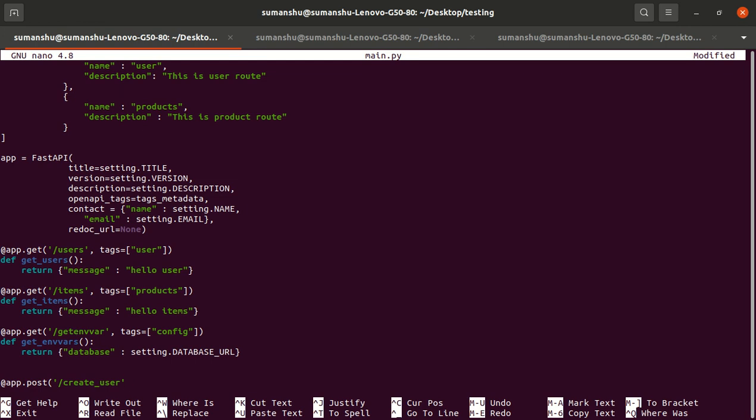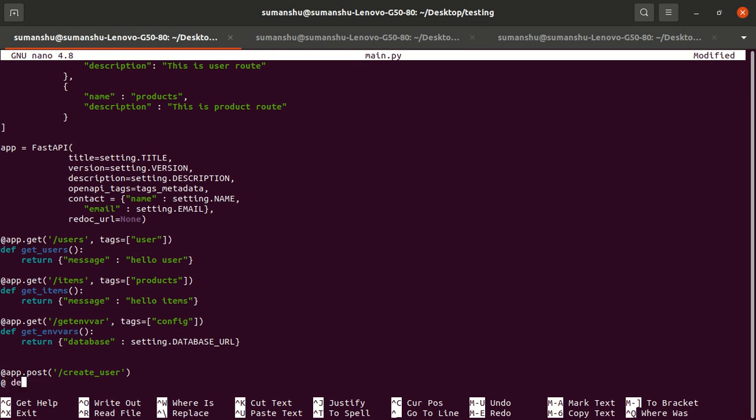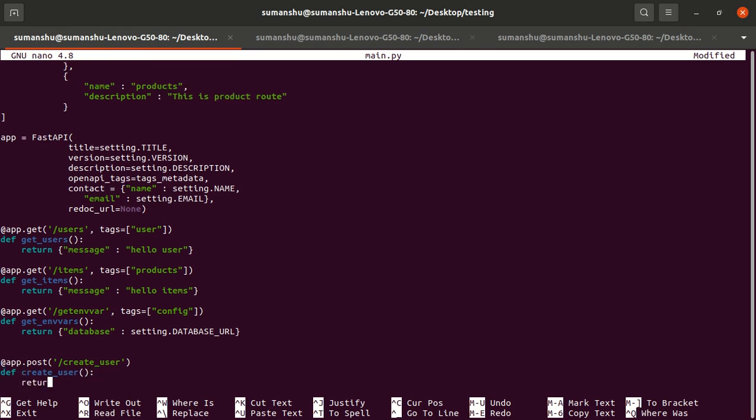We have defined the create user route, and let's suppose it runs one function, the create user function, and it will do something like abc. Leave the logic for the time being.